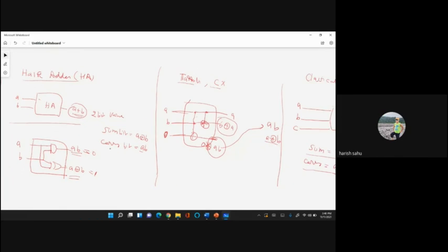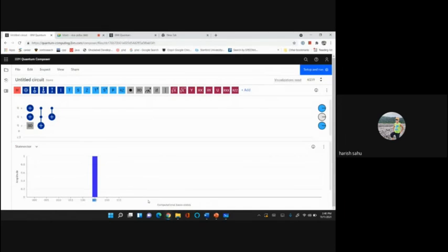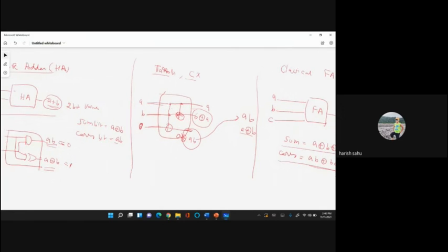But if you see our quantum circuit for this half adder, you can go in the reverse direction also. Carry is 0 and sum is 1.